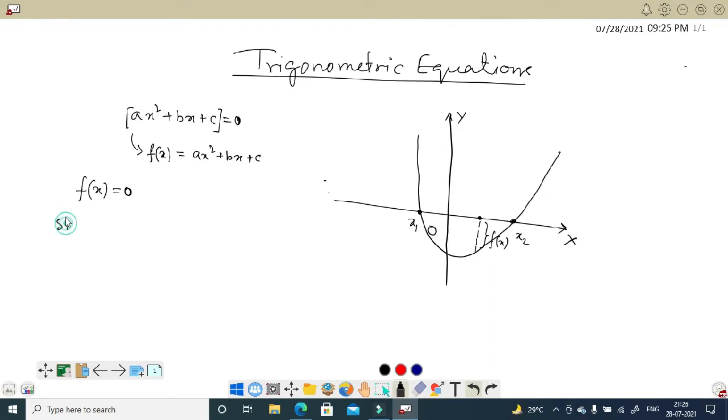instead of f(x), if you are having trigonometric functions, say sin x equal to 0, then we have to find the solutions. So the question is where sin x is becoming 0. Again we have to find the same thing. We have to draw the graph of sin x like this, and check at which points the graph is intersecting the x-axis. We know that the graph looks like this. So there will be a number of points of intersection, and at each point of intersection we are having a solution for this equation sin x equal to 0. So let us see how the actual graph looks and where the solutions are.